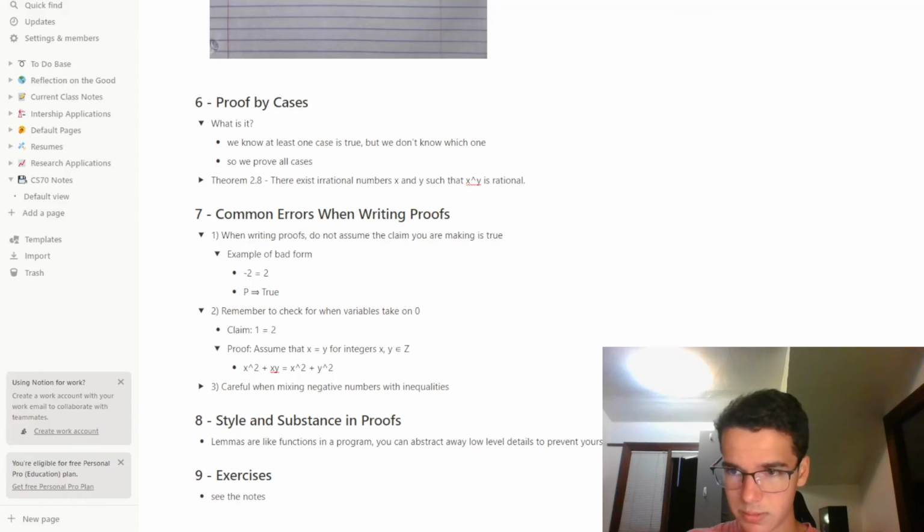So we're assuming that there's two integers, x and y, that are equal to each other, and because they are equal to each other, we can say that x squared plus x times y is equal to x squared plus y squared. And given that, we're just going to factor really quick, and we're going to say x plus y is equal to,